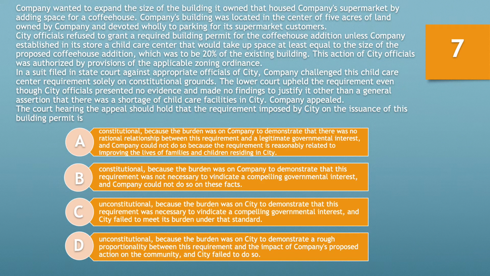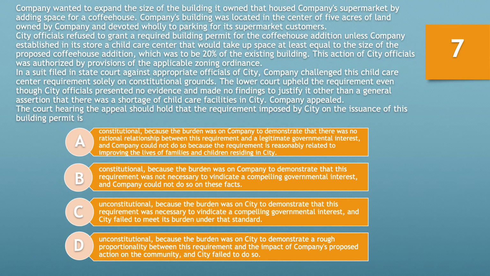Question number 7. Company wanted to expand the size of the building it owned that housed company's supermarket by adding space for a coffee house. Company's building was located in the center of 5 acres of land owned by company and devoted wholly to parking for its supermarket customers. City officials refused to grant a required building permit for the coffee house addition unless company